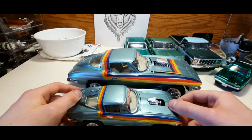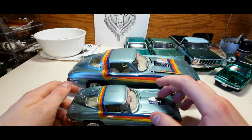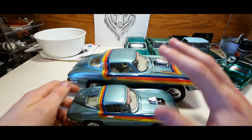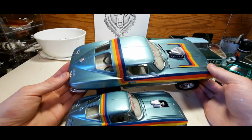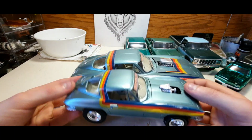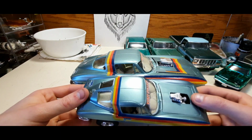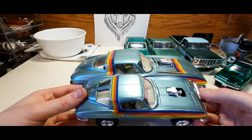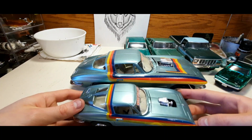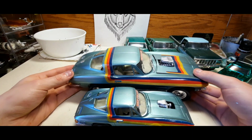Now, the hood decals weren't exactly the same, as the 25th scale version didn't have the hood stickers, whereas this one did. So use those up. And then of course on the back have the same decals, just on the back. Of course, it's kind of a blue, kind of like a sand teal blue, which also plays off as a green, even though the camera may not show it quite exactly. So, yeah, of course, built up